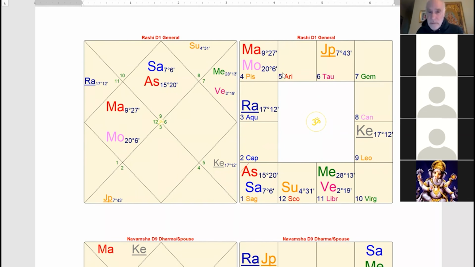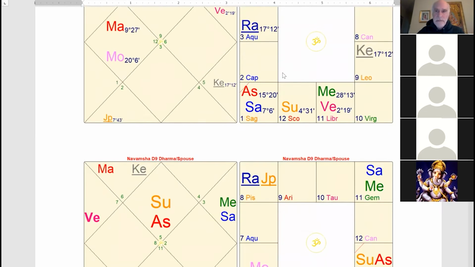Very enterprising individual. You can see the third lord in the first here, in a sambandha with Mars, Mars aspecting the 10th house. A very enterprising individual, quite young still. I don't think he's crossed the age of 30, and he's done a lot in his young life to date. But yes, he has been involved in temple building to a degree.